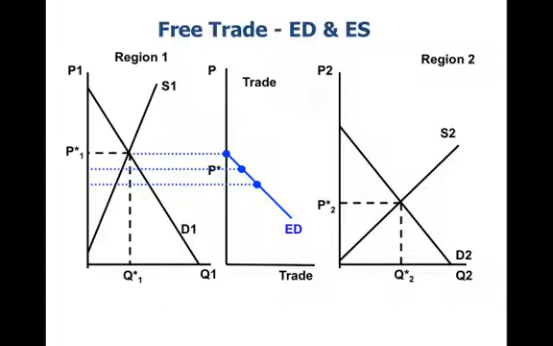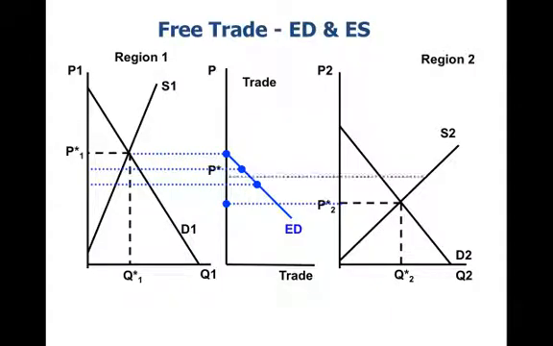Now, that's one side of this market for trade. We need to think about what the other side of the market for trade is, and that's where we have to look at the market in region 2. We know that in the market for region 2, if the price P2 star prevailed, quantity supplied would equal quantity demanded, and we would have 0 excess supply. That's what I've drawn on the trade panel here, where we've mapped price P2 star over to the trade market, and we show a volume of trade equal to 0. That is to say, there's 0 excess supply.